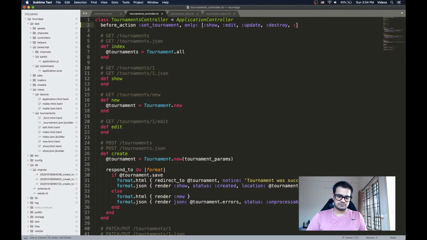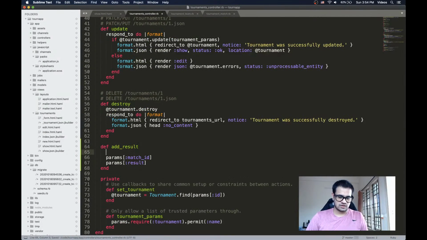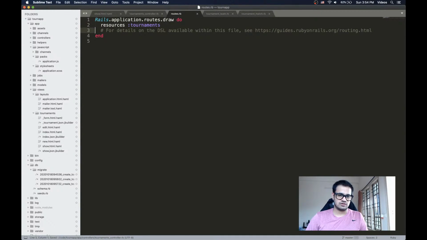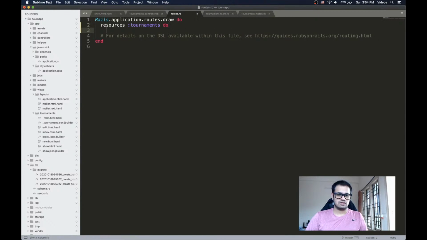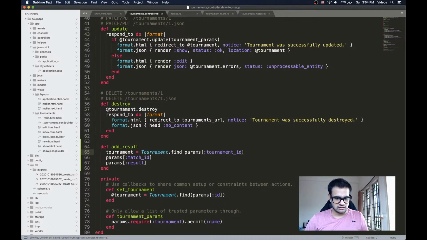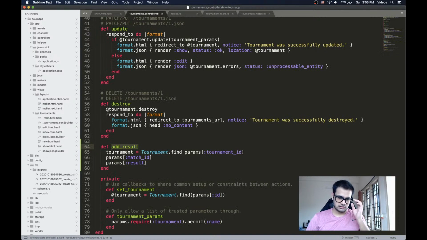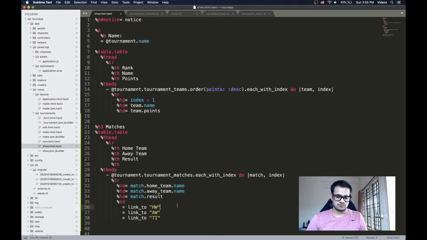You know why? I'll have tournament is equal to tournament dot find params tournament ID. I'll go to the routes first, and I'll just create a new route, call it add result. This will be a post request for an add result. Okay, now in the queries I'll have match ID and a result,